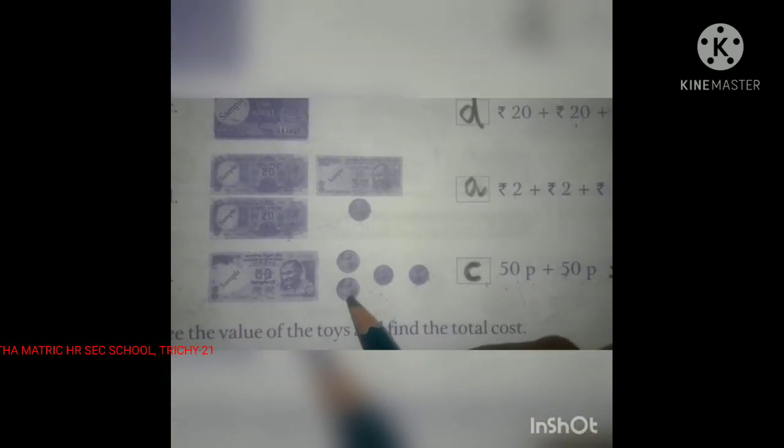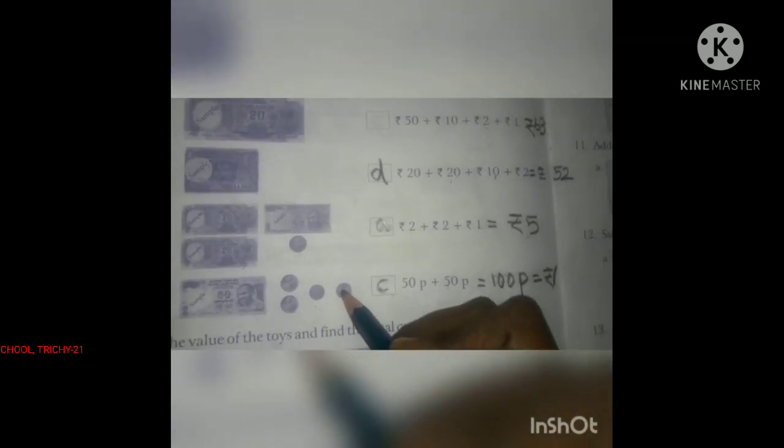Then, come to this E question, 50 rupees note. Here, 2 5 rupees coins, 2 rupees coin, here 1 rupee coin. Altogether how much? 50 plus 5, 55. 55 plus 5, 60. 60 plus 2, 62. 62 plus 1, 63. Okay. Where is 63 present? Yes, it is here, 63. This value is equal to 63. So we need to write this question here. We need to match it, you know. For E question the answer is present here.